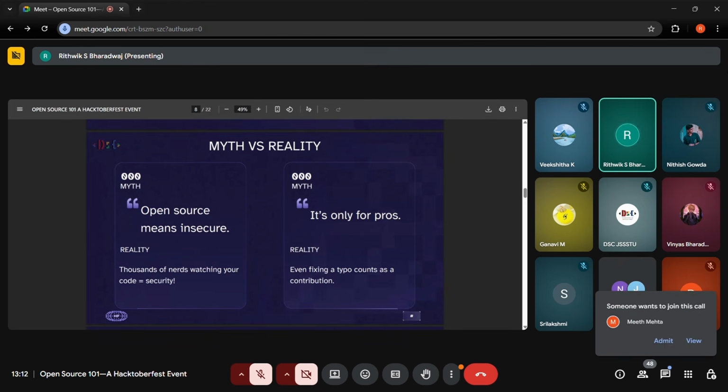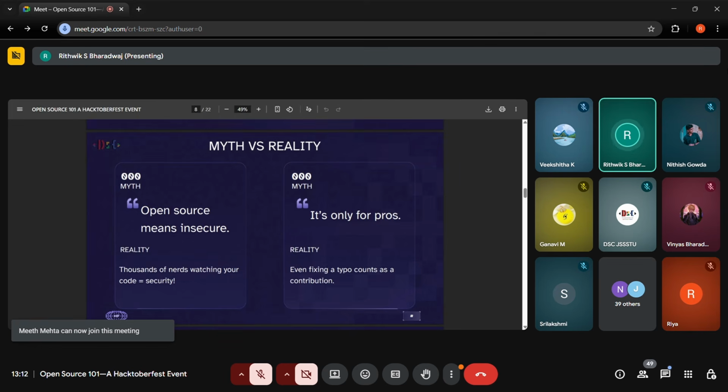The whole point of open source is that if your code is available online publicly, people find the loopholes faster and it is patched faster. So open source means insecure is actually quite the opposite. Open source means it's very secure, because you can also make sure that some corporate running that software is not stealing your data, because the code is all there, publicly available.